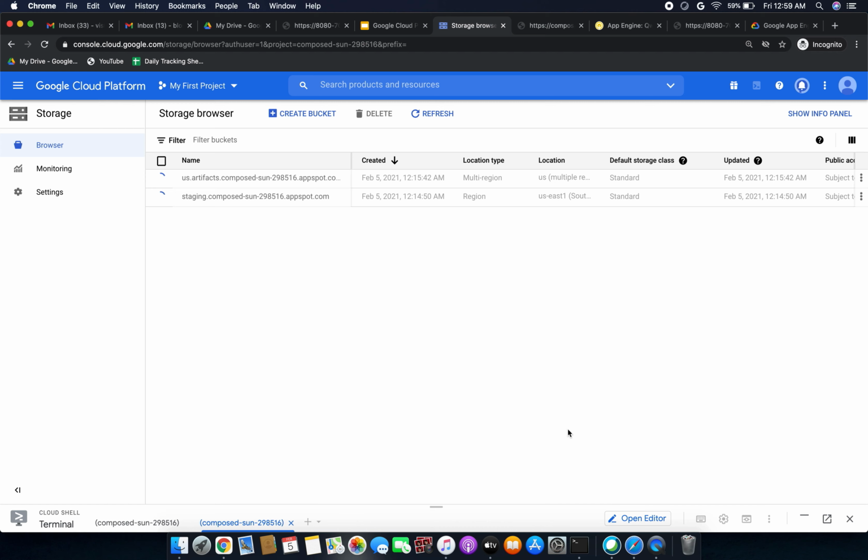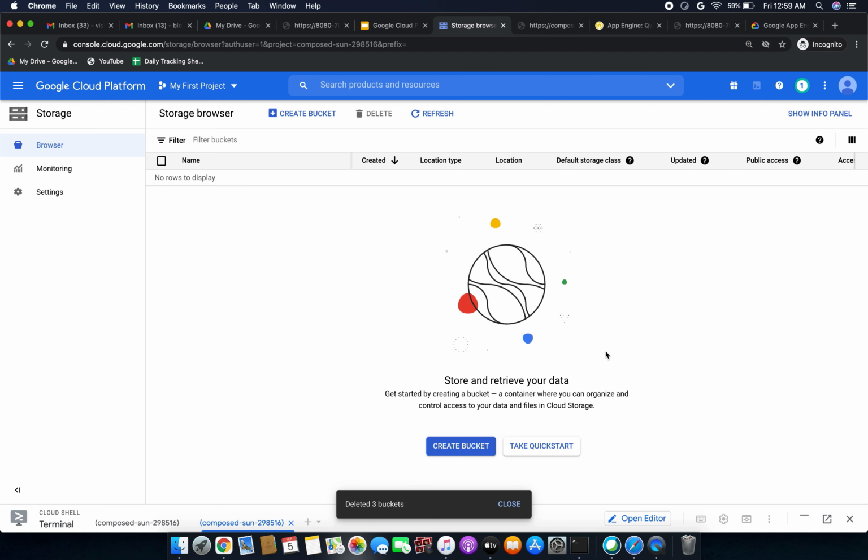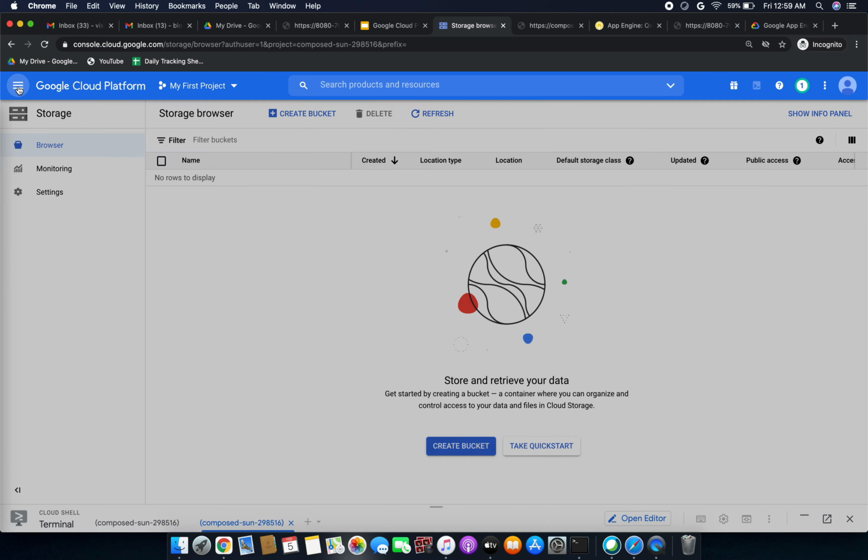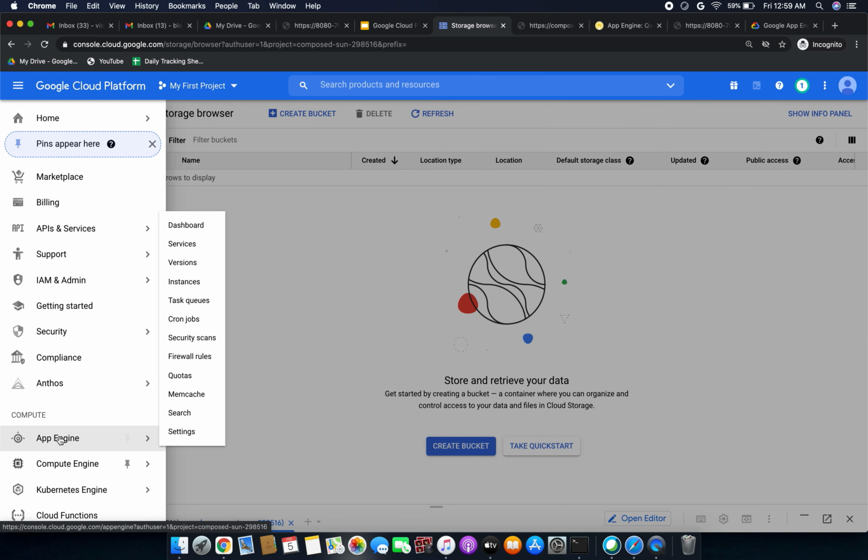It has been done, the three buckets have been deleted. Now go to the navigation menu and click App Engine.